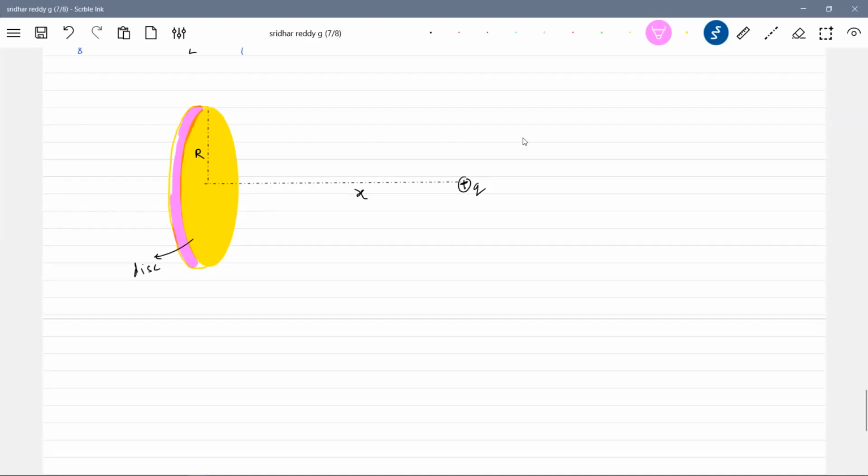This will be a very useful quantity for us. This here will bring the idea of solid angle. We are going to introduce an idea of a solid angle. Now, what is a solid angle concept?